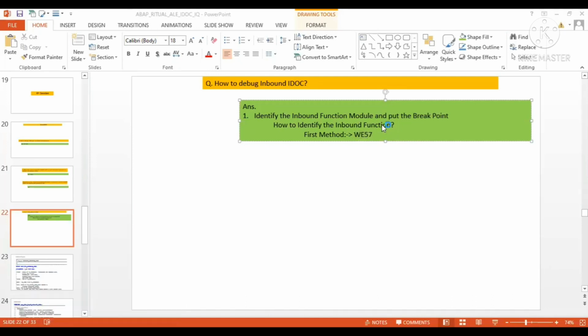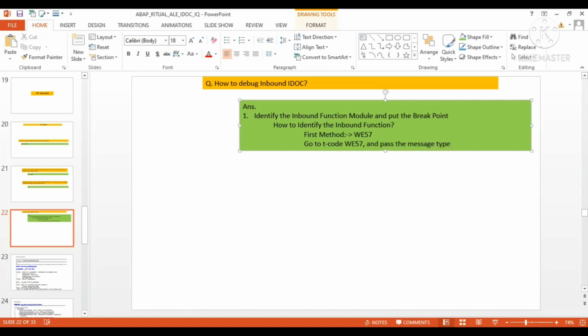What you will have to do, you will go to the T code WE57 and pass the message type over there, because in WE57 you will be able to see the message type and its corresponding function module.